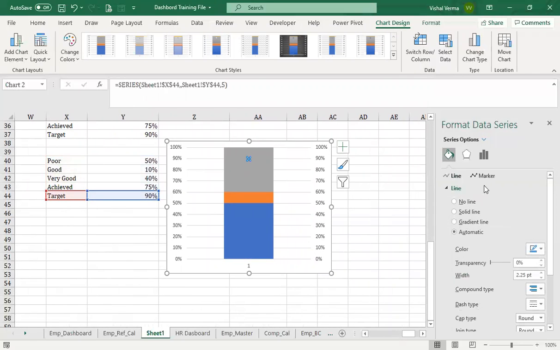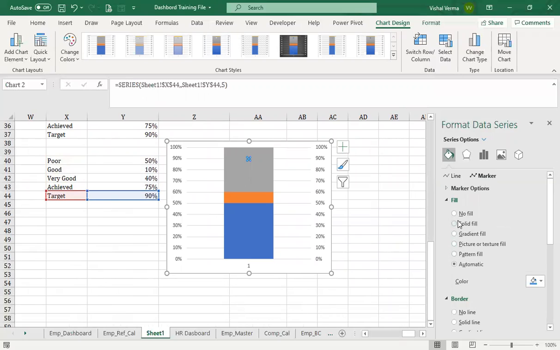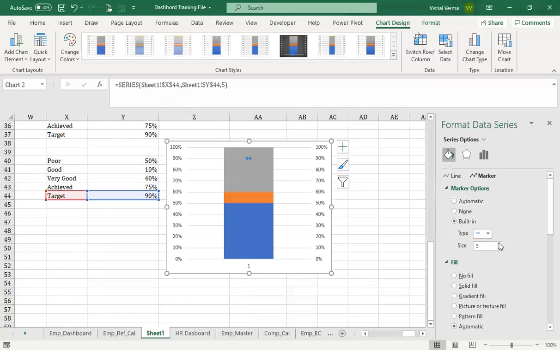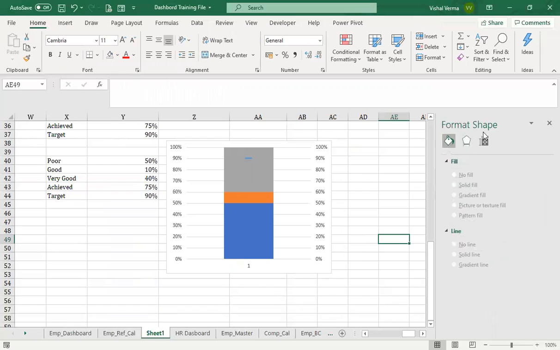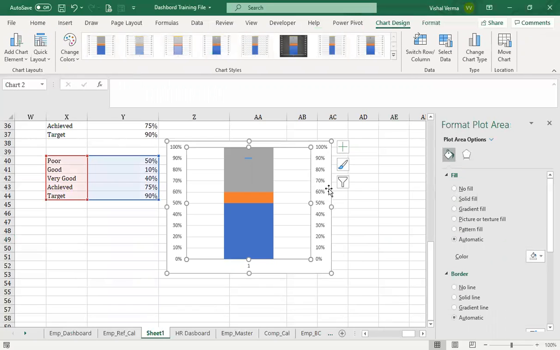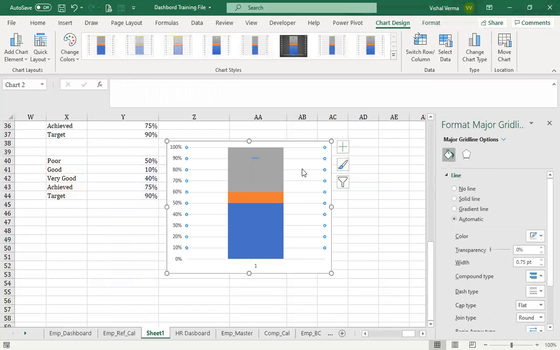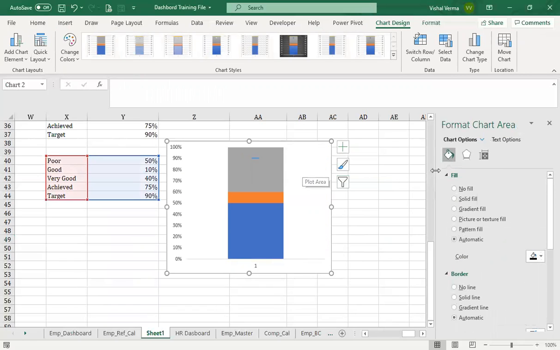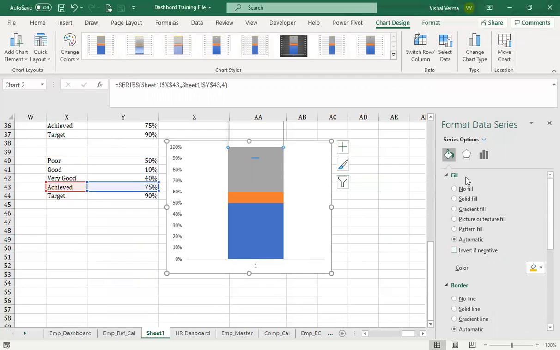We'll select this marker type, change the marker type option, built-in marker as a line. Let's increase the size a little so that it will be visible. And in the chart itself, this is not required, and this is also not required. So we will go to the chart area and go for series achieved.